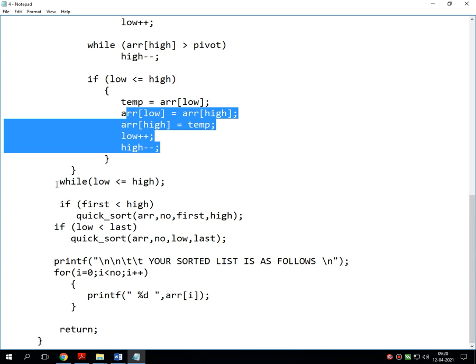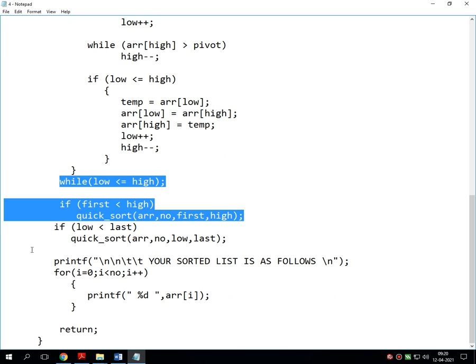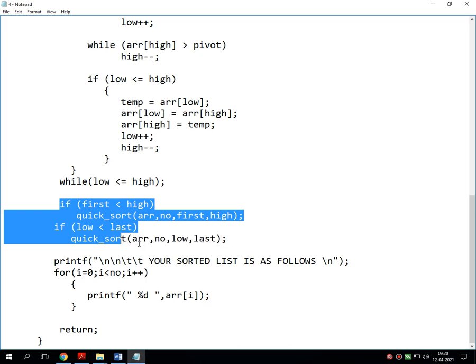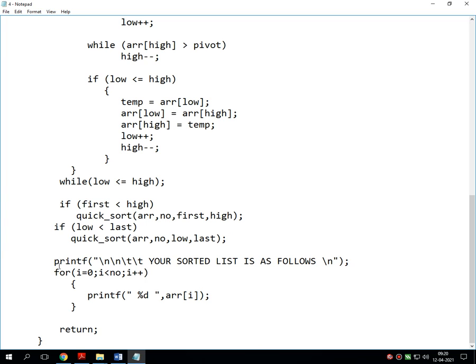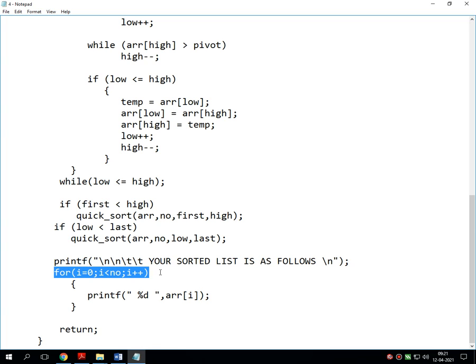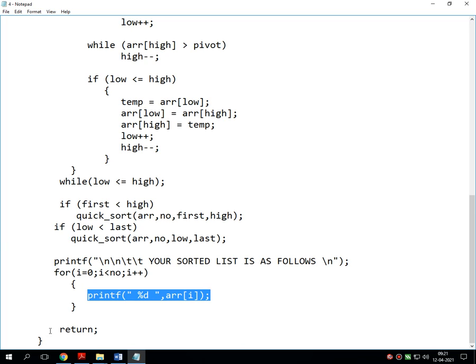and then it stores all those sorted values in the one dimensional array and prints the message, your sorted list is as follows. The loop again repeats from 0 to 5 times, and it prints all the sorted values onto the screen.